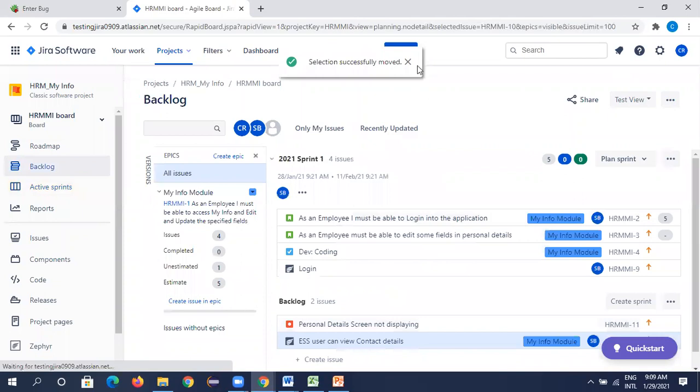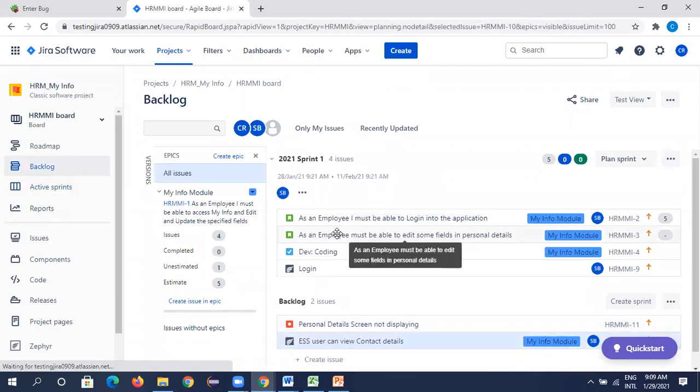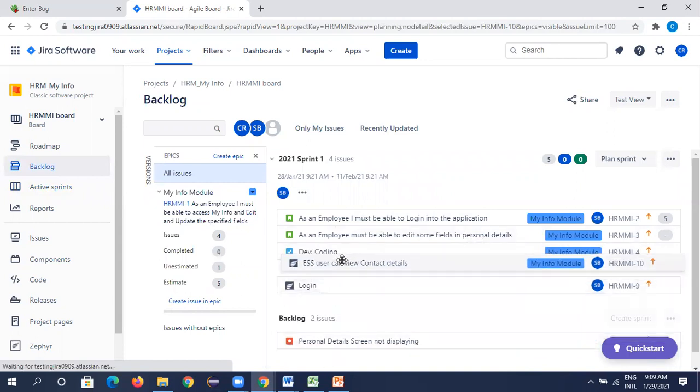For example, our sprint plan started on 28th of February, January, yesterday, right? In the middle, we have added some new stories or some new test cases we have created. Some are there which are in backlog. So in the middle of the sprint, if we try to move these to the plan,